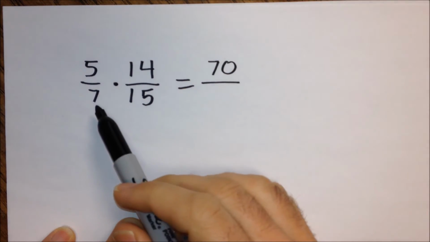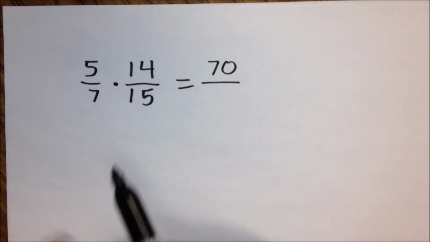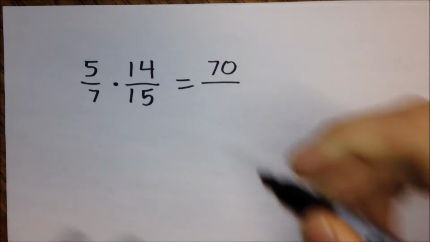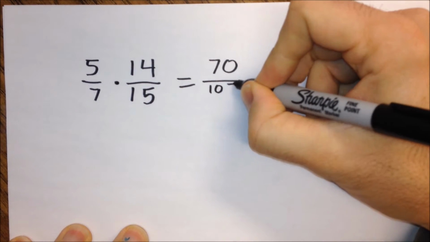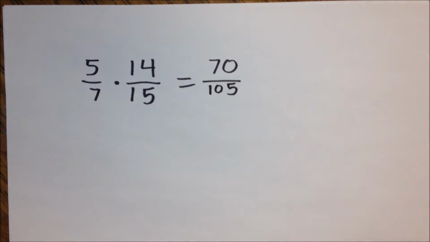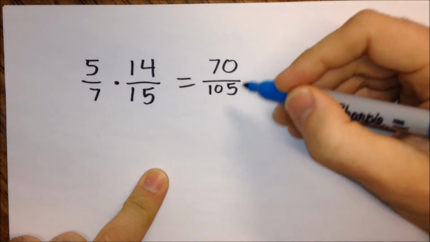We can also multiply 7 times 15. I'll let you work that out at home, but the answer is 105. So we end up with 70 divided by 105. Now this is a reasonable answer, but we're often much happier when we can reduce the fraction. It makes it a little bit easier for us to think about and to reason about. So to reduce this answer, I'm going to first divide both by 5,